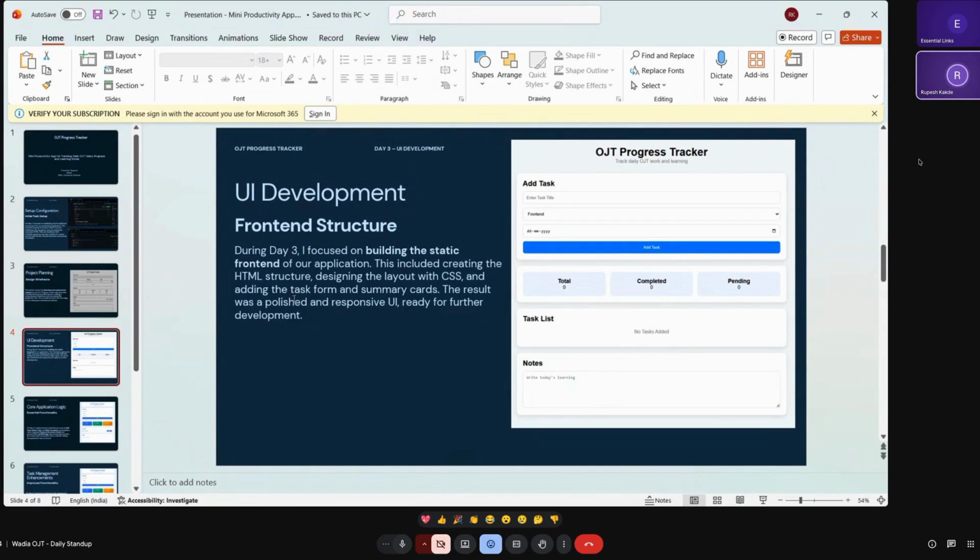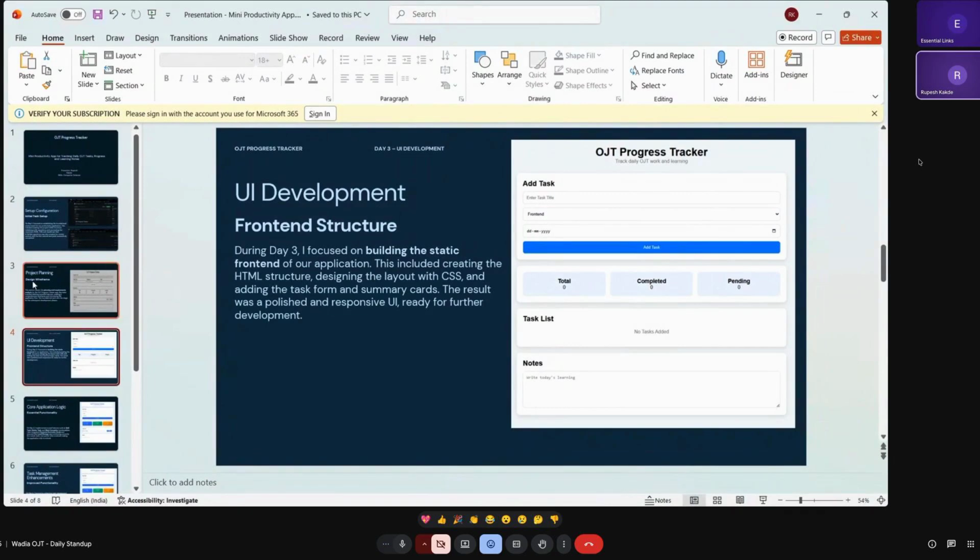user interface development. I developed the user interface for the application. Then I created the complete HTML structure and styled it using CSS. I also made a responsive layout so it can work properly on different screen sizes.